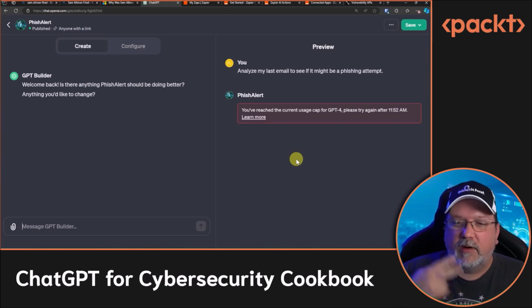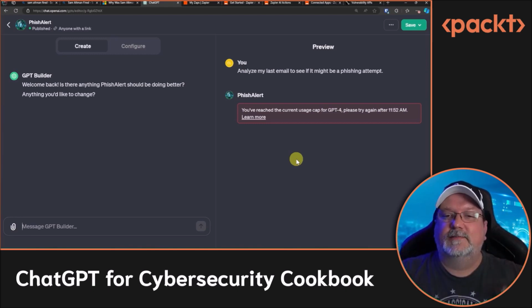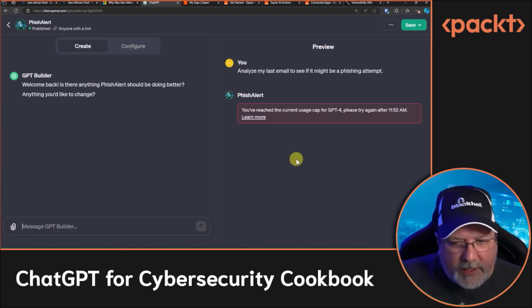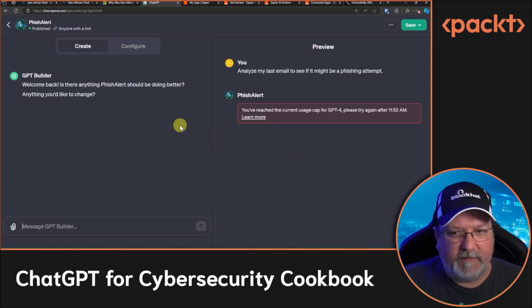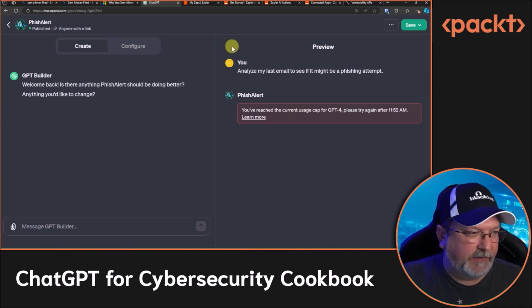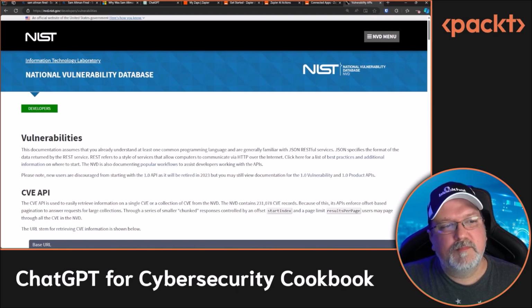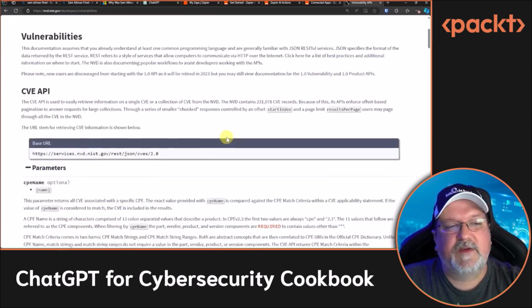Okay. So apparently it has two different sets. So, okay. All right. That's cool. We're done with this. All right. Let me show you where I was working on setting up a different API. I went to the National Vulnerability Database, the CVE API, to see if I can try to set up